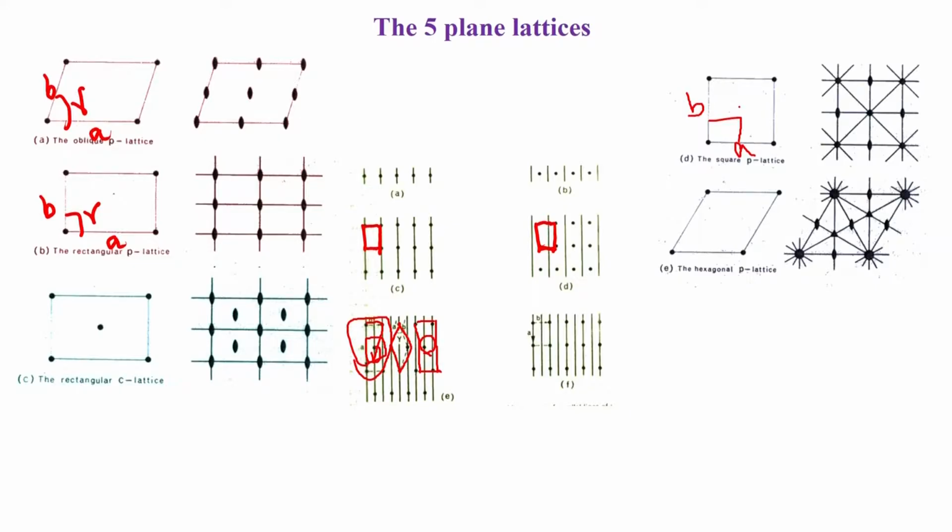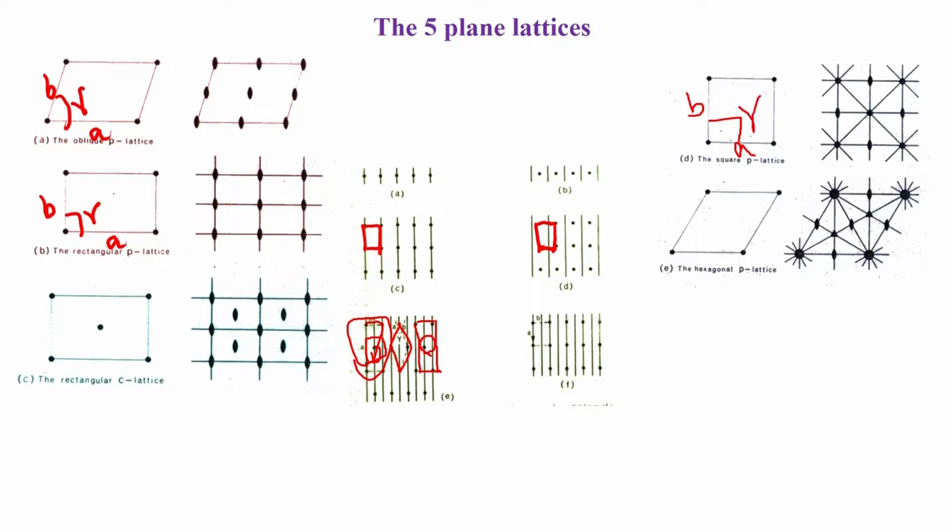The fourth one is A equals B. Here it is A and this is B, and here A equals B because it is a square lattice. In square, the gamma is the angle here, which is 90 degrees, and therefore, we get a definition of a square lattice, which is something like this. Now, what is very interesting is to see how the symmetry elements develop in a situation like this. If you look at this particular point, because it is a square lattice, it represents a 4-fold symmetry. So, the presence of the 4-fold symmetry up here is repeated at unit cell lengths.